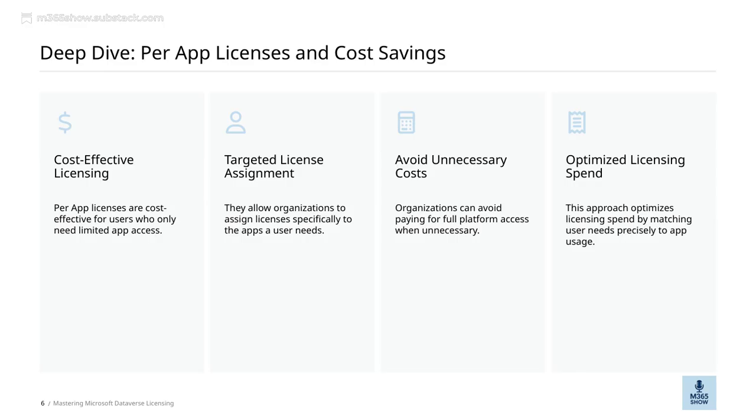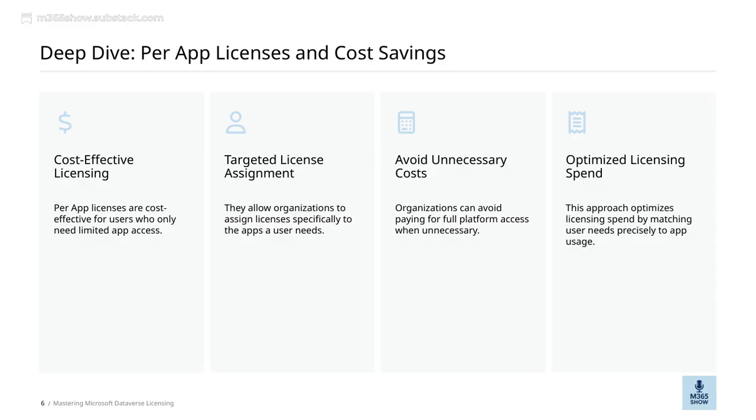Now, let's take a closer look at how per-app licenses can help us optimize our licensing spend. The key idea here is to match user needs very precisely to the apps they actually use. This means we're not paying for more access than necessary. By doing this, organizations can avoid incurring costs for full platform access when it's not needed, which can lead to